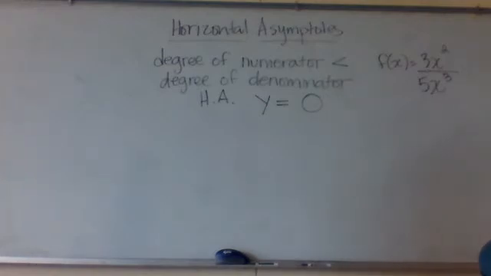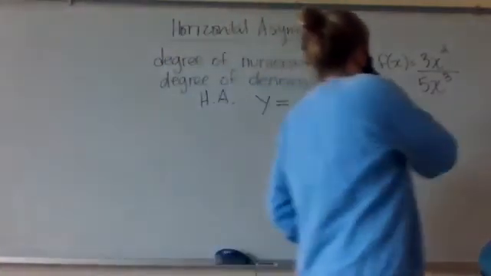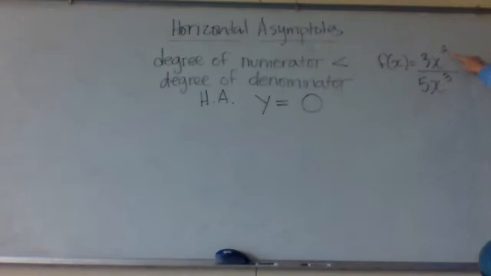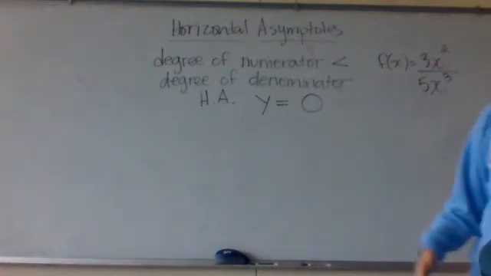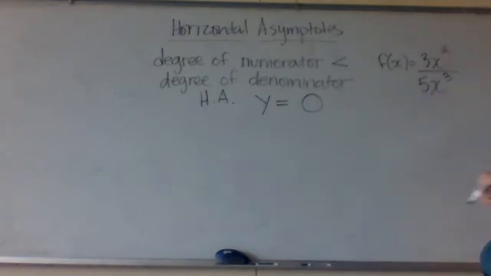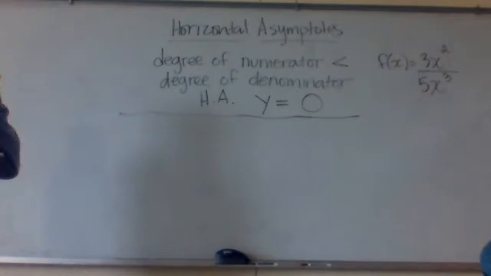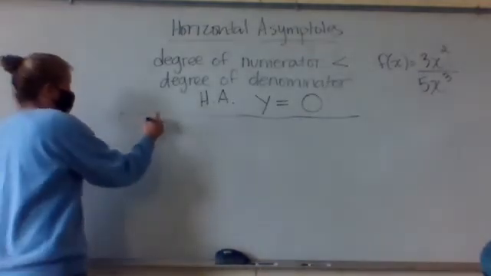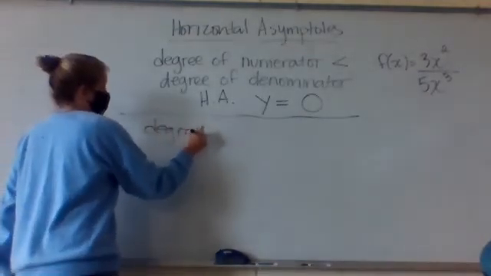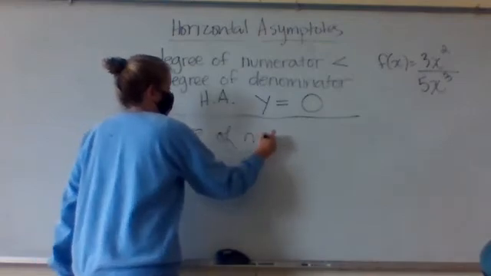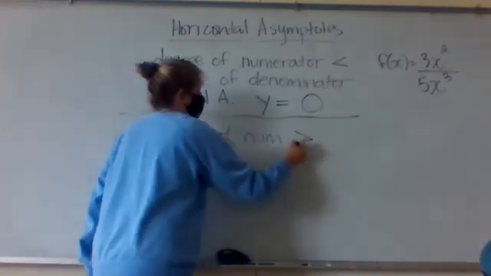So there's 3 different options, right? Because what are your 3 different options going to be? If the degree of the numerator is less than the degree of the denominator, vice versa. If the degree of the numerator is greater than the degree of the denominator, or the last possibility is if they equaled each other. So let's look at those 3 different options. Okay, I'm not going to write out all these words. So degree of the numerator, this time instead of less than, I'm going to do greater than